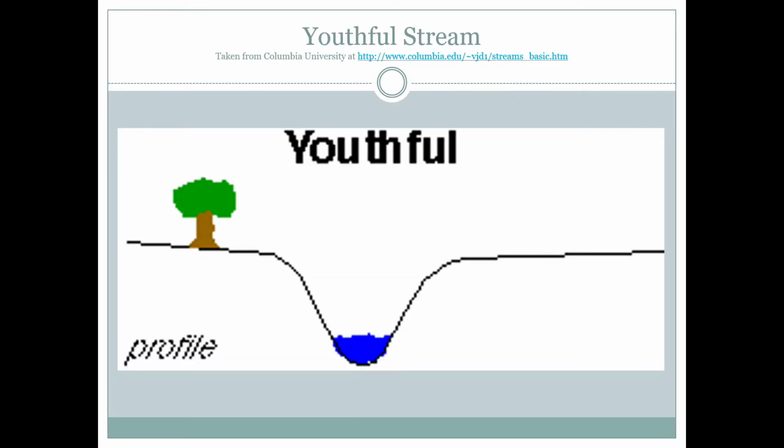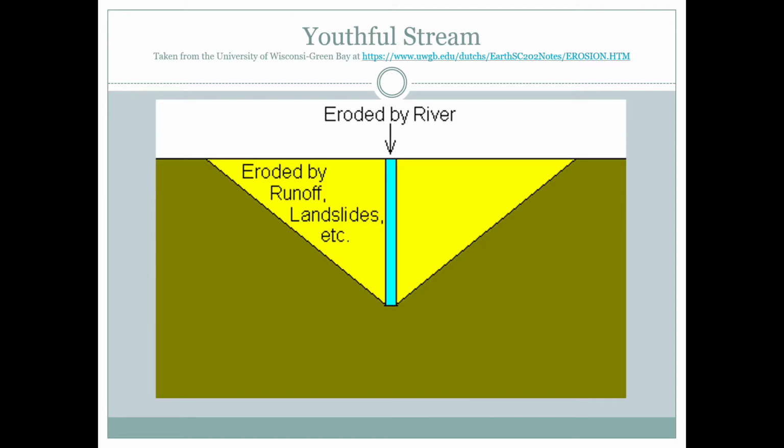Okay, and this is what a youthful stream typically looks like. Of course, this is just a kind of a youthful drawing, right? But you can see nice V-shape, steep sides, steep slopes, river at the bottom. How this happens, if you see that blue line, that's representing the downcutting river, that thick blue line in the middle, vertical line. And as that river cuts down, the yellow part is the land that sloughs off into the river. So as the river cuts down, you can imagine that the sides are over steepened on the ground around it, right? So then they fall in the river, and the river carries the material away. And then as the river keeps cutting down, more material falls in and is eroded away, and you get these V-shaped valleys.